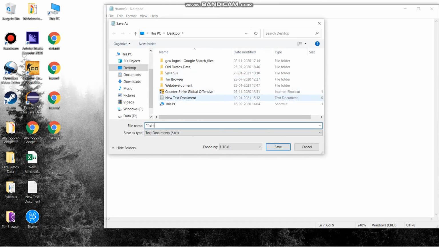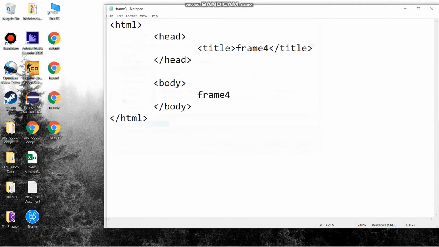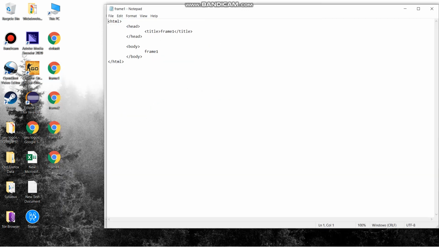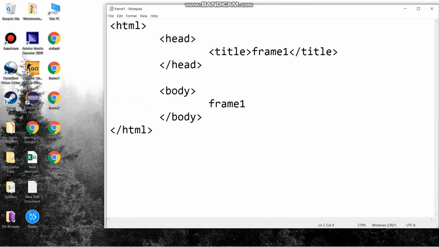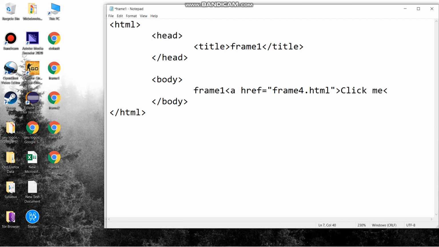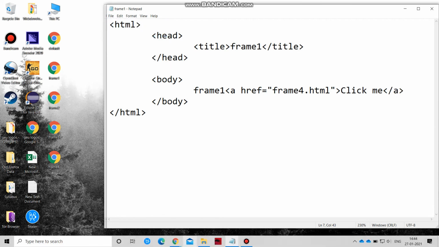So why did we create it? Because within the frame1.html file in Notepad we will give an anchor tag with href equals to frame4.html, and then give there a button, click me, and this click me would be a hypertext. Refresh. So you can see in the frame